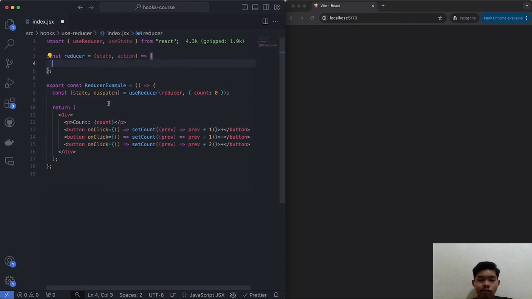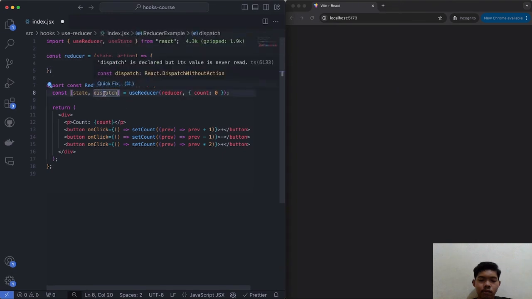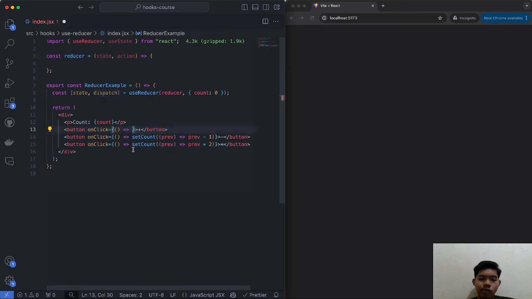Well, when you want to change this state in any part of it, you can dispatch actions, and those actions should be handled inside of this function. So for example, over here in our setCount, instead of calling setCount, we'll just dispatch an action